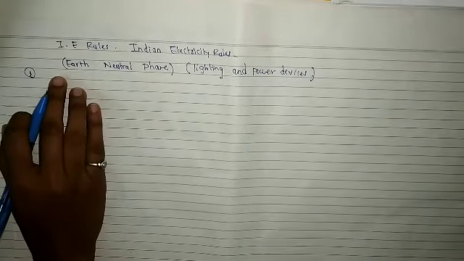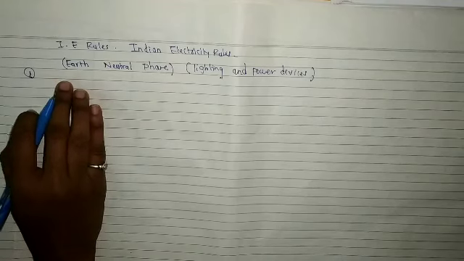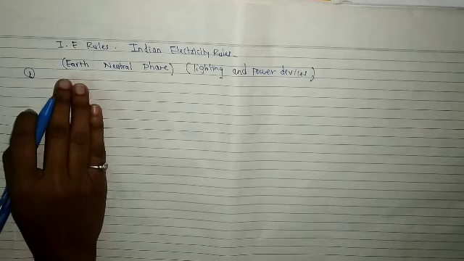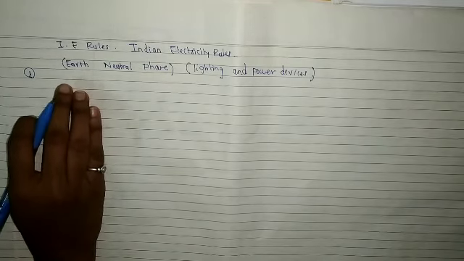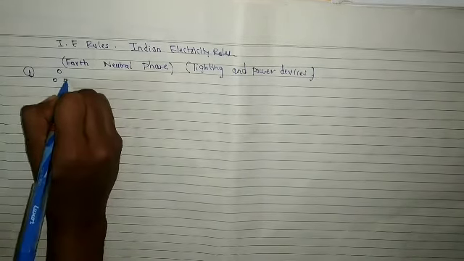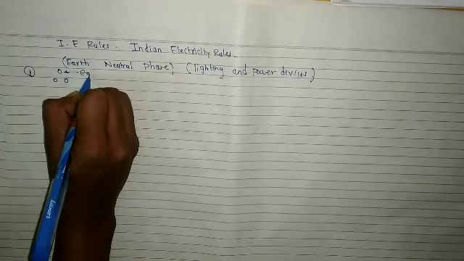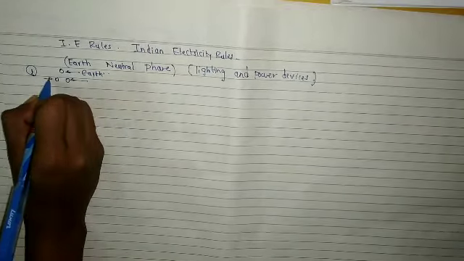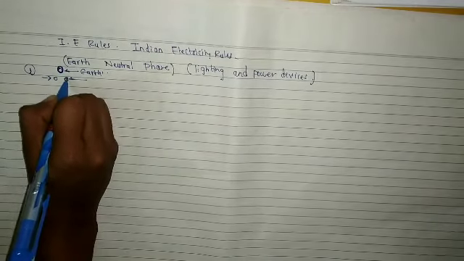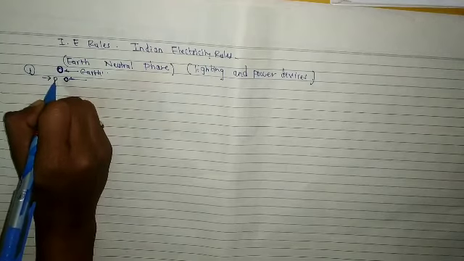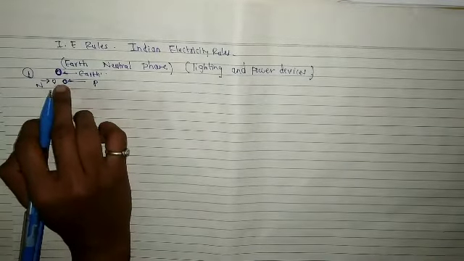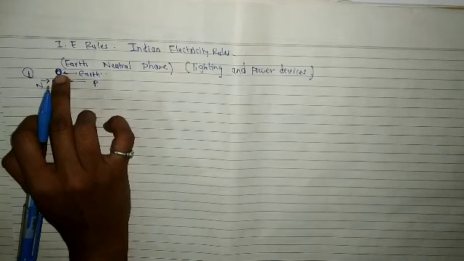In earthing, wherever there is a metal part, we provide earthing. So a 3-pin plug must be used. A 3-pin plug has earthing here. This is phase and this is neutral. Remember, the bigger pin is for earth, the one on the right side is for phase, and the left side is neutral. Always remember this. So for the 3-pin, earthing is provided.